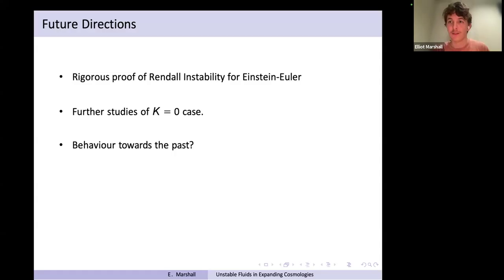There are two cases here. In the accelerated case, we used a formulation where you actually have to enforce the constraints. So we enforce the Hamiltonian constraint numerically. We choose that as an evolution equation. And the momentum constraint, you check after the fact. So you see how well it's preserved, and you want to show that the constraint violation converges to zero in the limit of your resolution. In the decelerated case, you don't have to enforce the constraints. The Gaudi model in this particular case totally decouples, so it's an unconstrained model in that case.